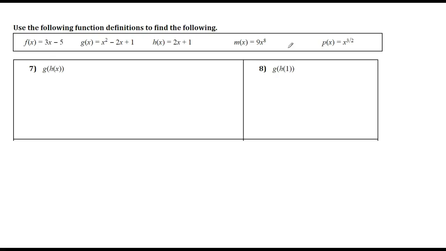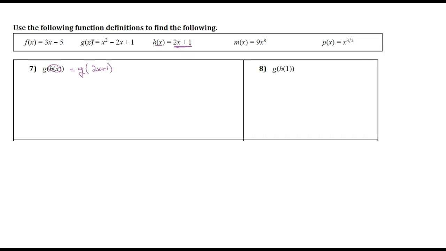Using these function definitions, we're going to find the composition of g of h of x. So I'm going to take this h of x and replace it with a better looking expression. G of h of x is the same thing as g of 2x plus 1. This is an instruction to go over to the machine called g and put this 2x plus 1 into that